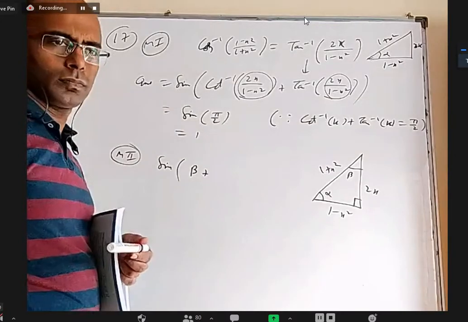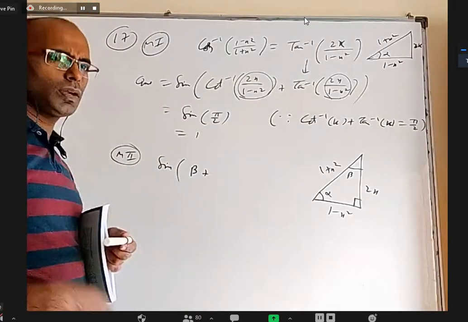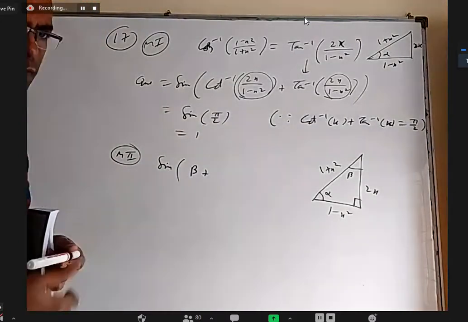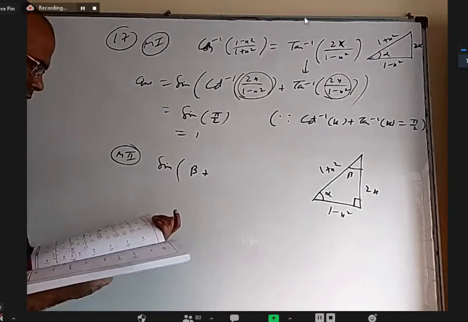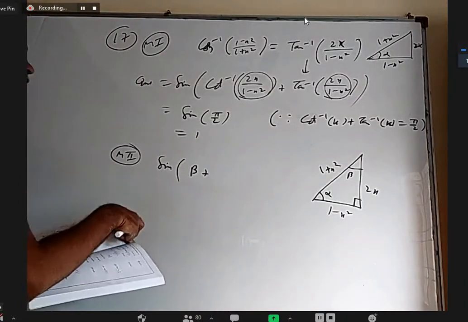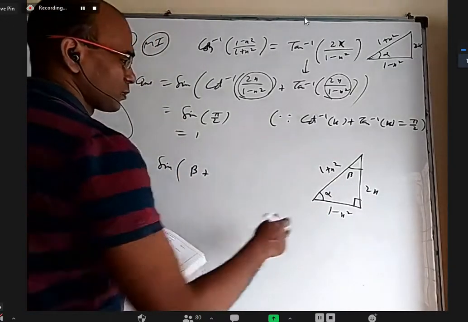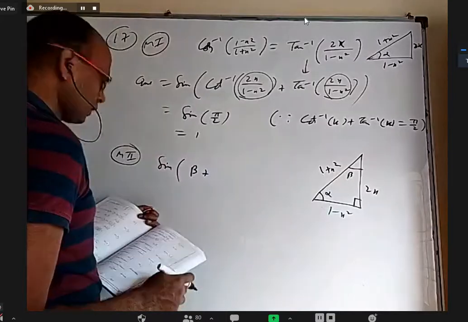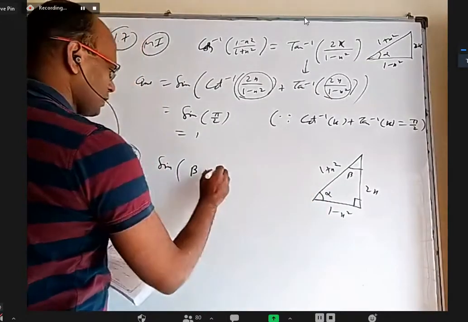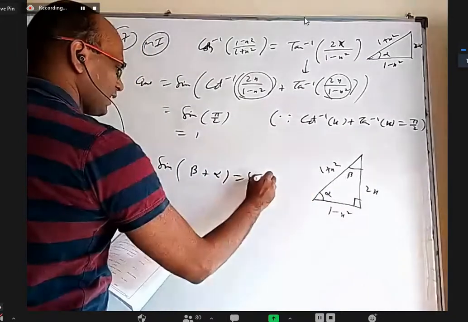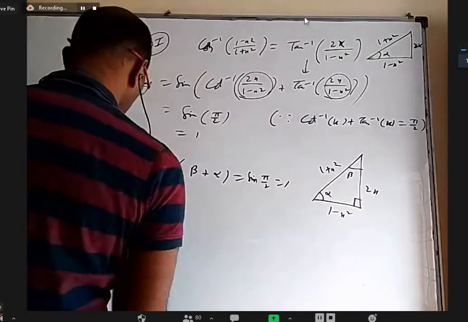By taking x equal to tan theta also you can do, no, sir? Yeah, you can take x equal to tan theta also, it will come. Yes, you are right. I also want to show from this figure that cot inverse 2x by 1 minus x square is beta, and cos inverse 1 minus x square by 1 plus x square is alpha, whose sum is pi by 2, and sin pi by 2 is 1, which is done.